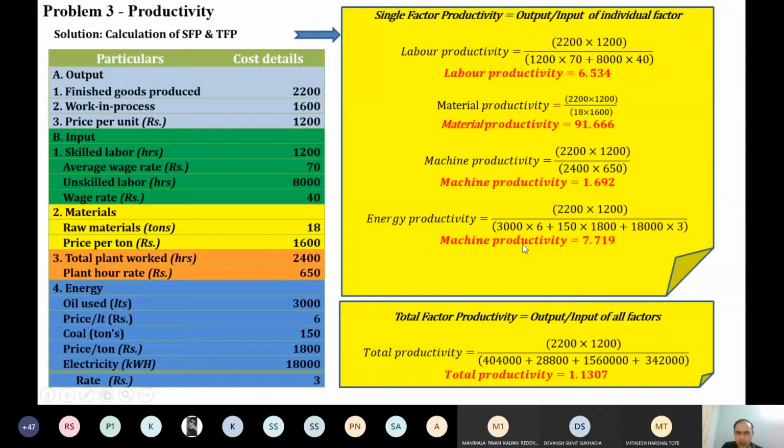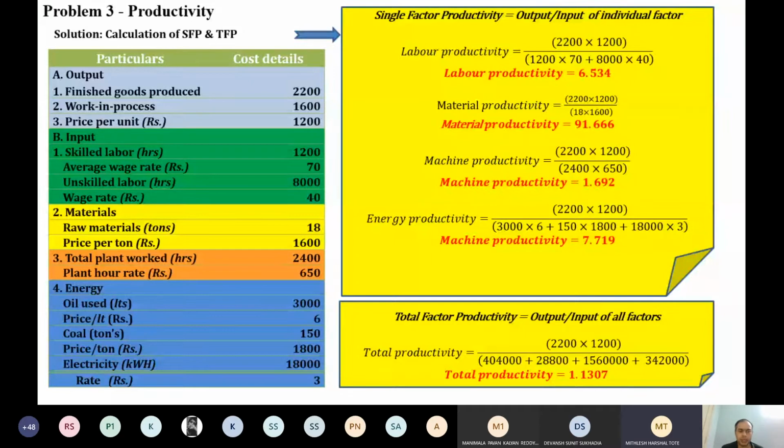Okay, I believe you understood how to calculate single factor productivity. Sir, in the output section, what is the work in process thing which you explained? Can you tell that again? Yeah, I'll repeat it, because normally customers will be paying only for the product which is finished. Work in process means the item is under manufacturing, waiting in queue to get the process completed. Sometimes after completing this problem, I'll discuss how to consider work in progress. I hope I answered your question and you're clear with that. Yes, sir. It's fine.